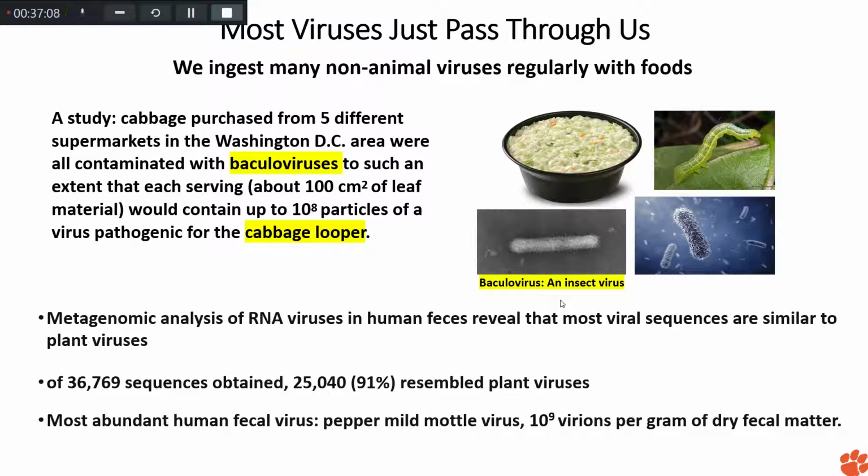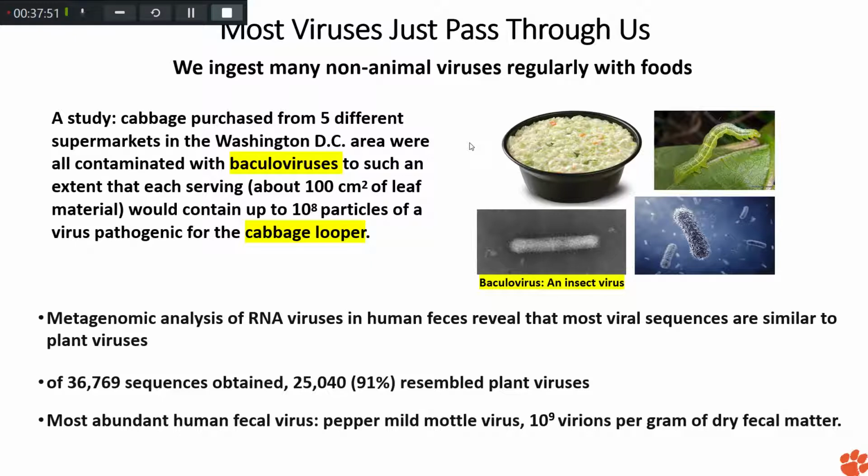They don't do anything. So for example, right here, one of the most common ones is a baculovirus. This baculovirus is a double-stranded DNA virus, very long. And it infects those cabbage loopers, and they are found all over the cabbage. This is one of the greatest sources. For example, if you're just eating coleslaw or any raw cabbage, you are going to get those baculoviruses. But this infects cabbage loopers. They are insect viruses. It doesn't have any protein, and it doesn't do anything to human beings. So they just pass through us.